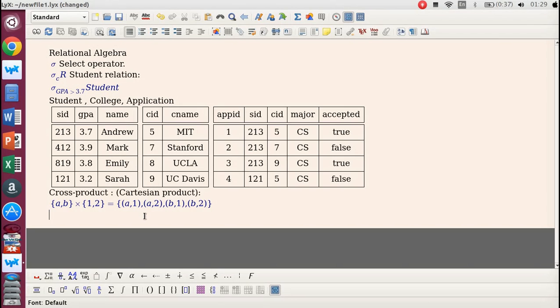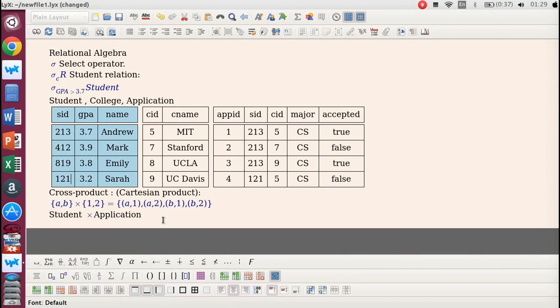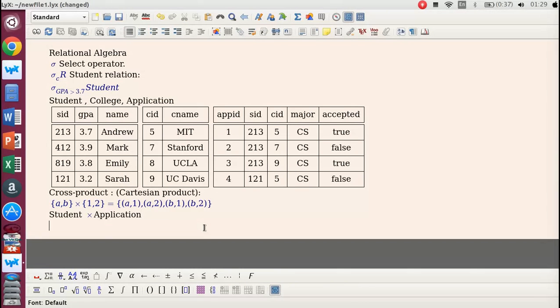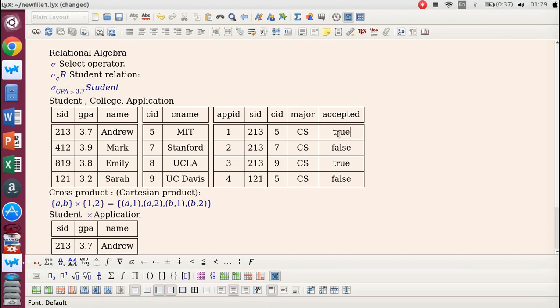So let's suppose that we want the cross product, or the Cartesian product, of student and application. So we're just going to say the idea. Let's just copy this. This is going to sound a little bit weird, but it's just going to take each and every student, and